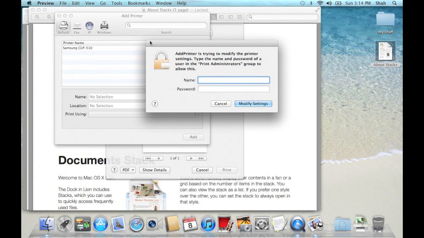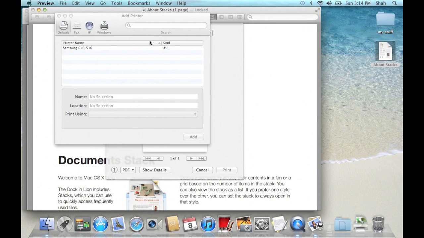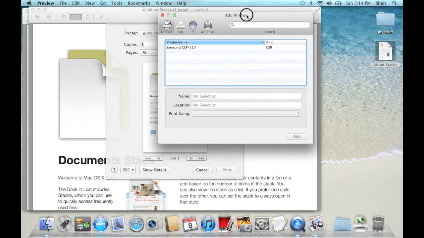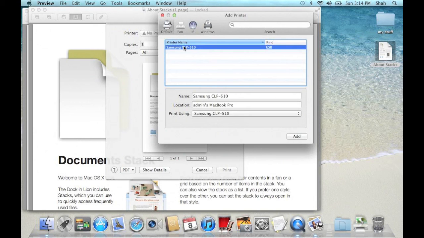You'll need the administrator username and password to add the printer. Choose the printer and click Add.